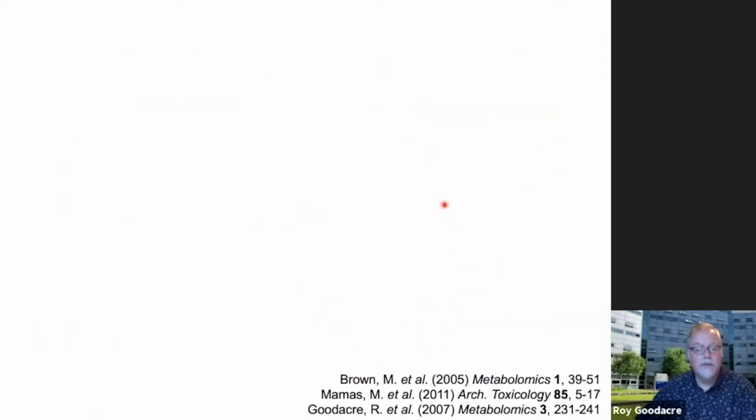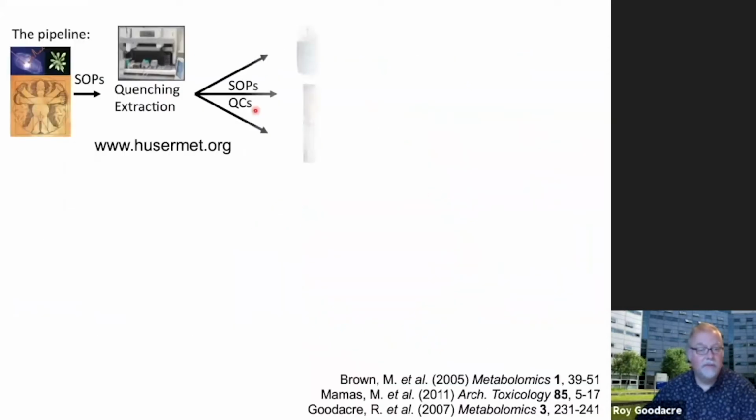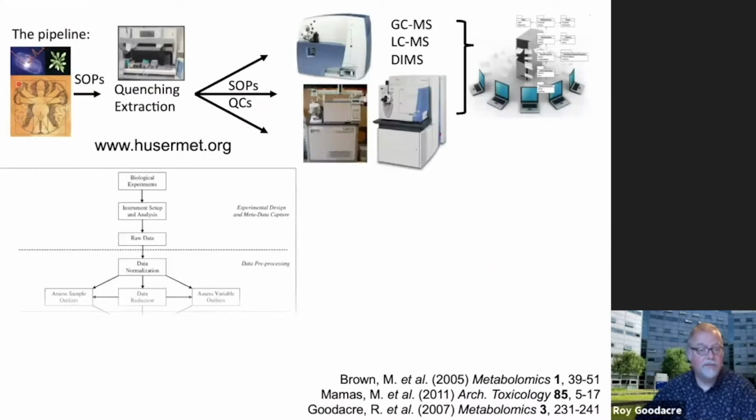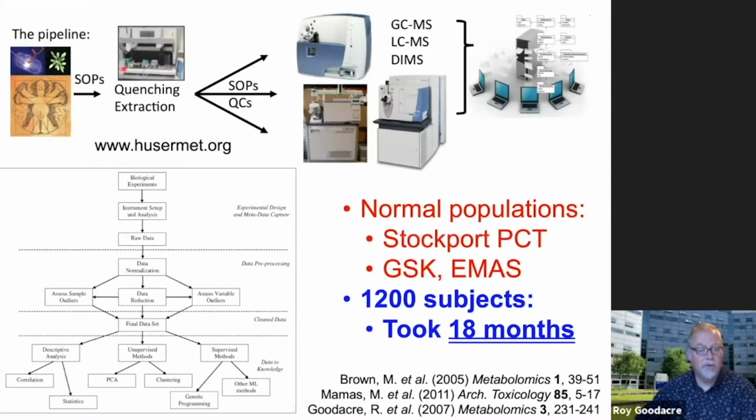Okay, so we basically have a pipeline where we have SOPs for how you collect blood, how you quench and extract, and then how you do the mass spectrometry in terms of GC-MS and LCMS. And hidden underneath a lot of this is all the data processing that occurs, and I'll touch briefly on that. What I'd like to do is tell you about the Husermet project. So we set up this pipeline. We then analyzed